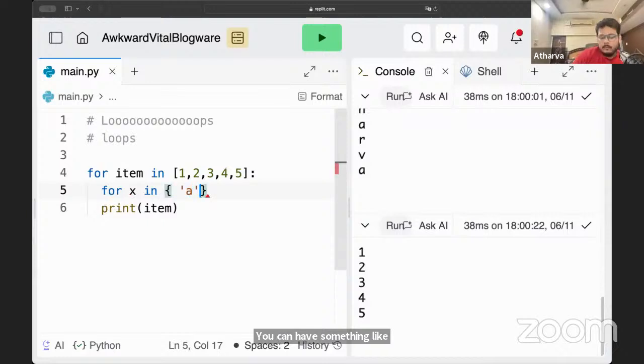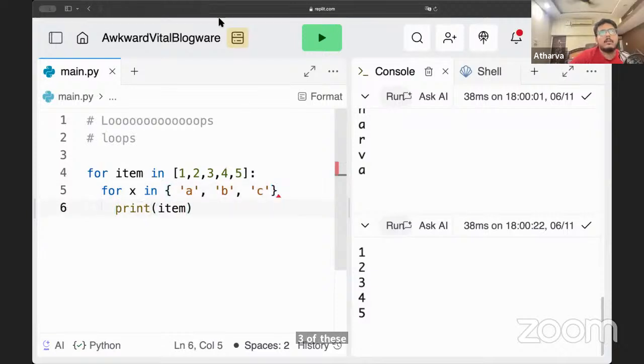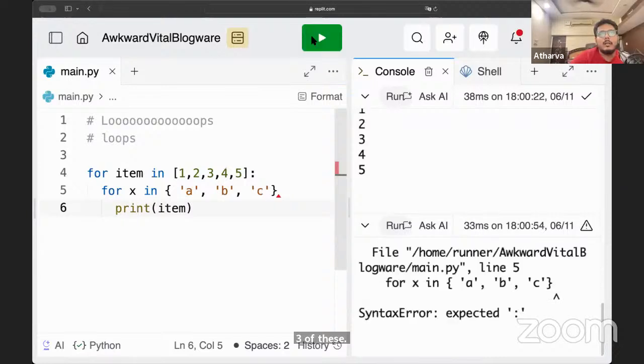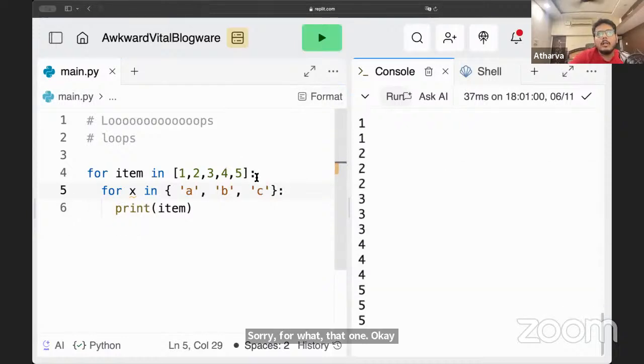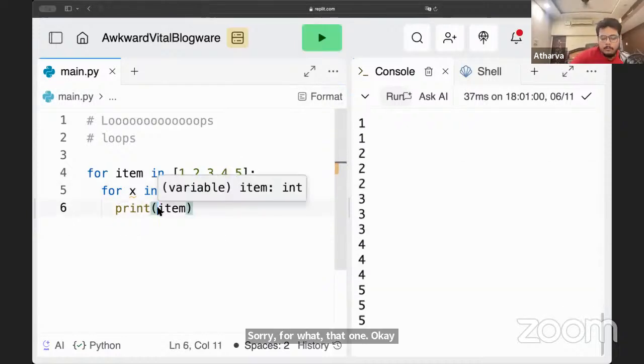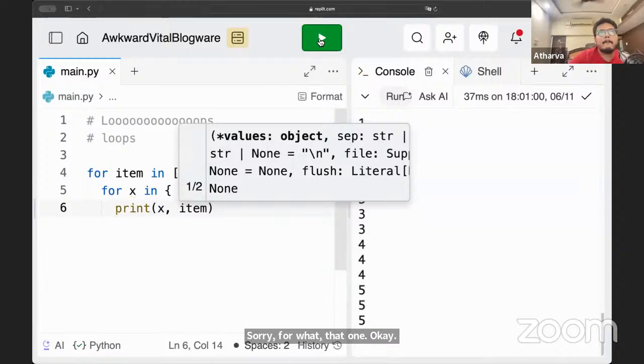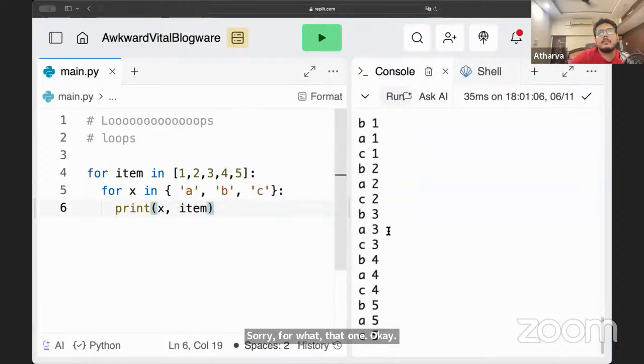In this set, let's create 3 of these. Sorry, I forgot the code.